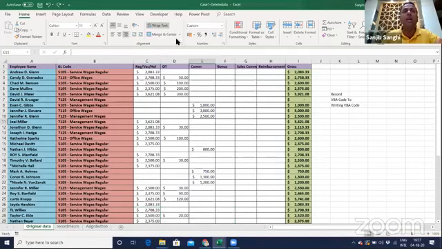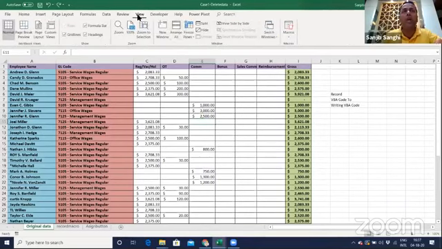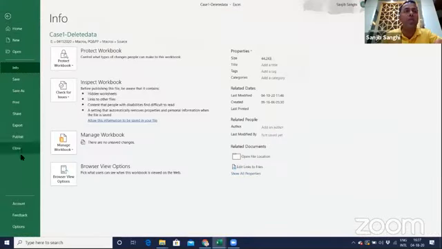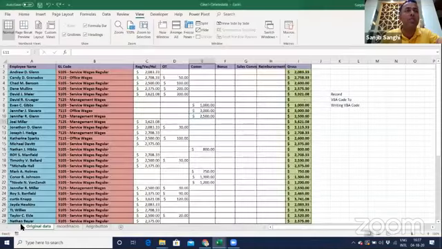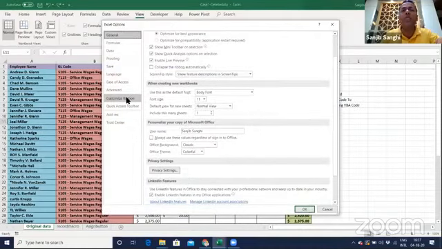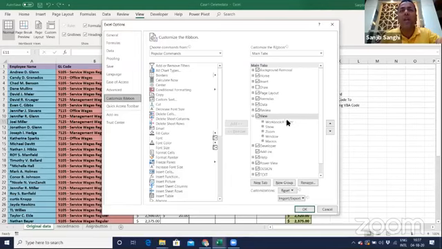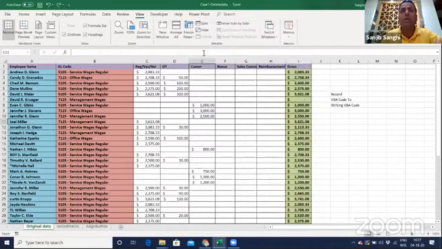What I will do is go into View. Let me shift the screen over here. There's an option here called View. If you don't have macros enabled, you have to go into File, then Options. Under Options, you will see Customize Ribbon, and there you will see an option called Developer. You click on that and you will get the macro option. This is available in all the latest versions. So let's start recording. I'll say Record Macro.